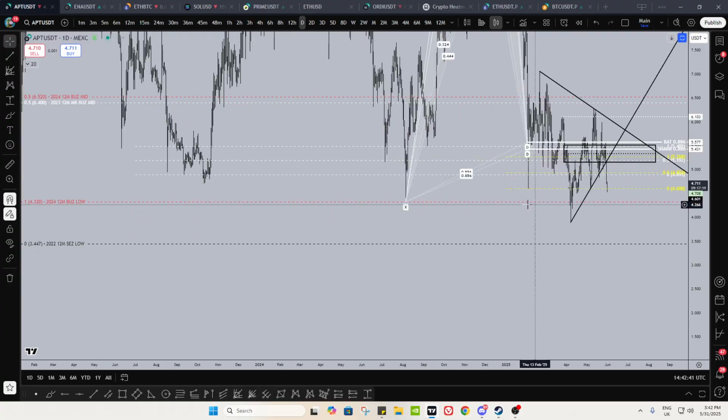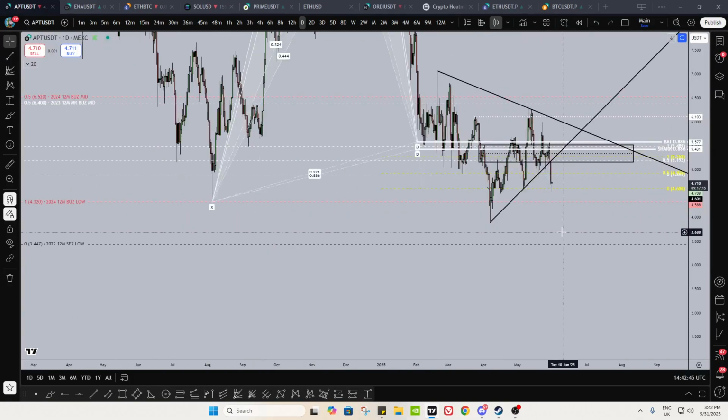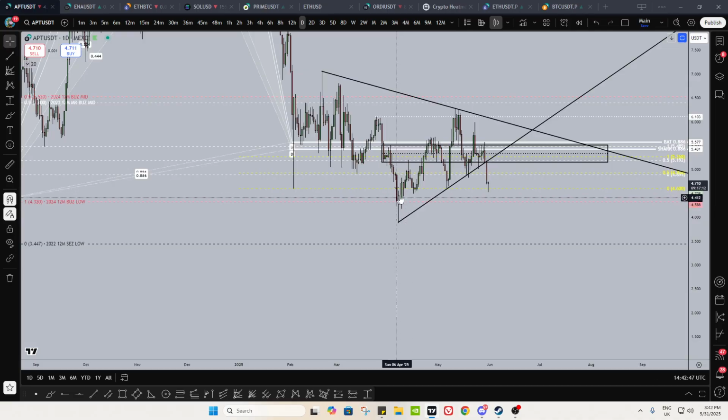You can see all the reactions you've had here in the past, okay? That's your 2024 level. And so when 2025 opened, for example, why was this low here? I gave Aptos as an entry over here, right, in our streams, and that is because we massively SFP'd the 2024 12-month buy zone low. The yearly level held, buyers showed strength, right, which is why we captured this move up.